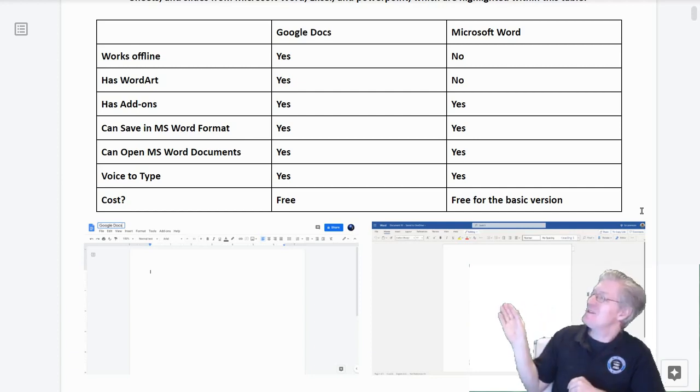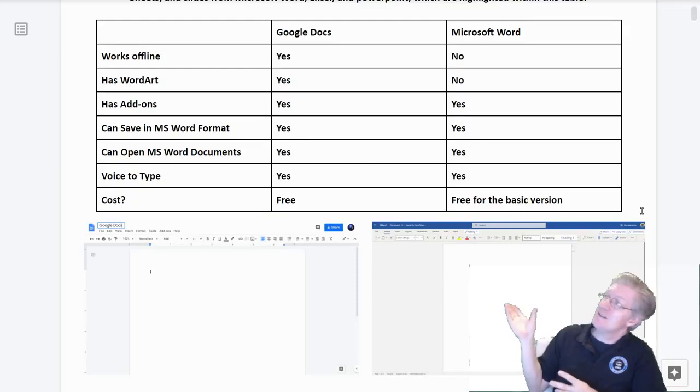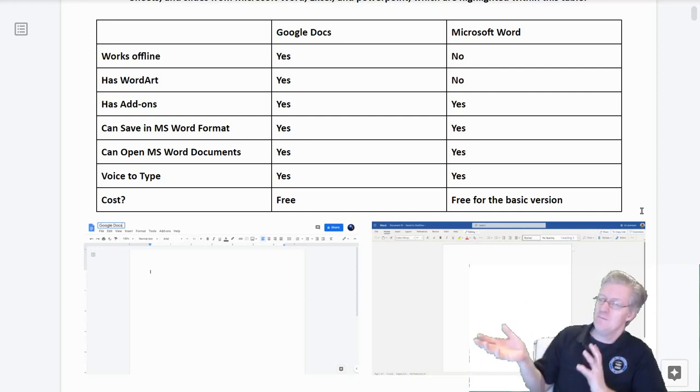The next item that we see is WordArt. Google Docs does have WordArt. You simply click on Insert, Drawing, and then New, and then go to Actions, and then in Actions, go all the way down there to see WordArt, click on WordArt, and there you have WordArt. We can actually do a lot of work there with your words, and it's beautiful. It's just like the older version of Microsoft Word's WordArt.